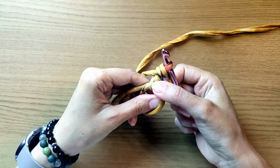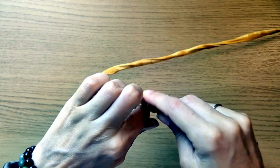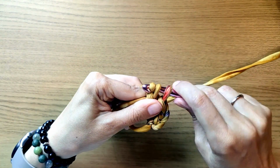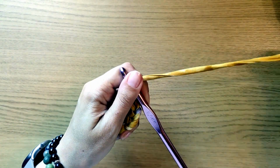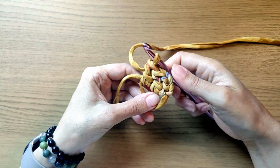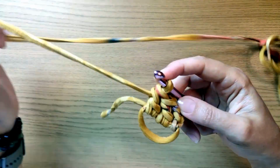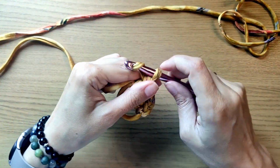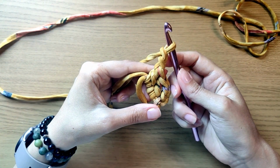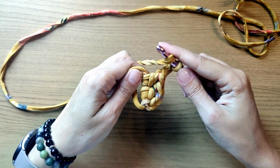Now I kind of have 2 double crochets, right? And I need 1 more. One and 2. Here you are, you've got 3 double crochets, because this is chain, double crochet, double crochet. Then I chain 1 and 2 like that, and again into this ring I need 3 more double crochets